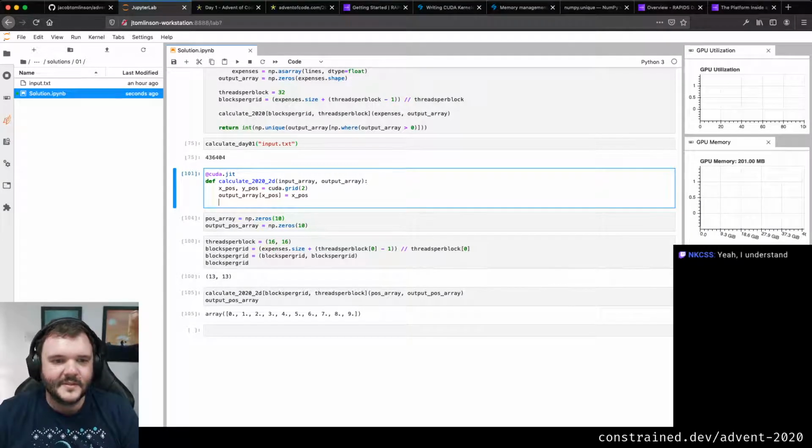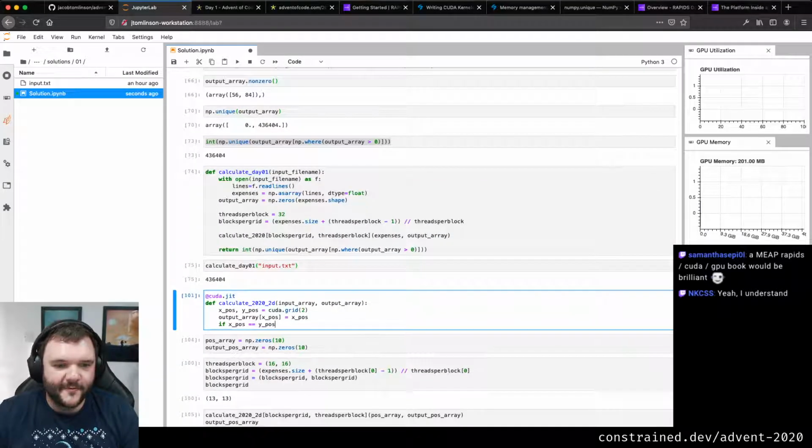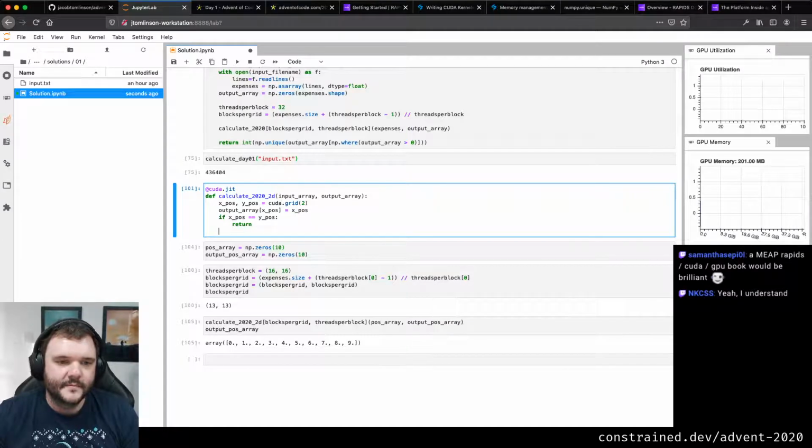Okay. So what I want to do here is say if X position equals Y position, I've basically got rid of my for loop, haven't I? So if that equals that, I'm just going to return, I guess. I think that's what I want to do.